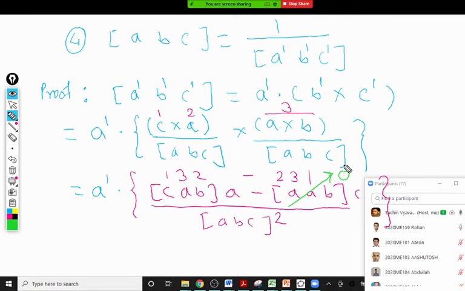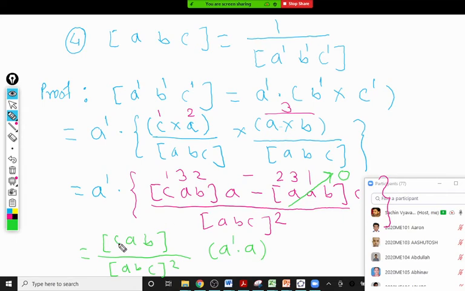So what is left? Sir, A dash dot A, as box CAB is a number, will be 1. Correct, very good. This is a very important understanding, and it is a very good thing that you understood. These box products are numbers. They can be kept outside, and this A dash dot goes between the vectors. A dash is a vector, A is also a vector. So the next step: this box CAB is actually box ABC. You can write it as it is first, box CAB divided by box ABC squared, and that becomes A dash dot A.